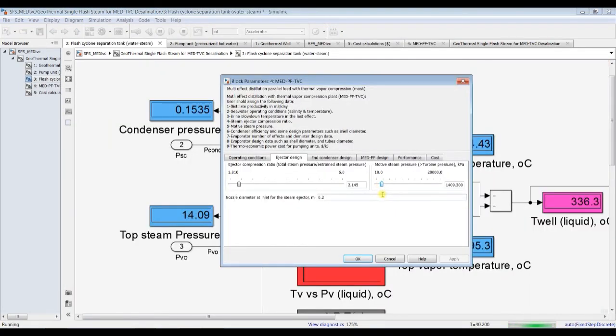Let's keep changing, trying to change the motive steam. 2006, 3000 kilopascal. Okay, 4000. That's increasing and decreasing the motive steam. You can also increase, controlling the pressure ratio, total steam pressure over entrained steam pressure. I'll keep it down below, a value of 2, down to